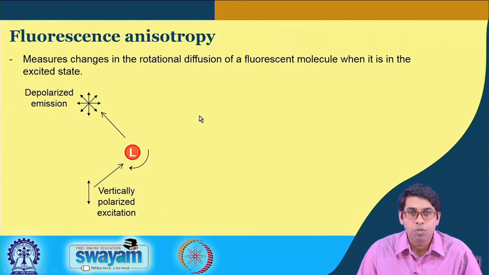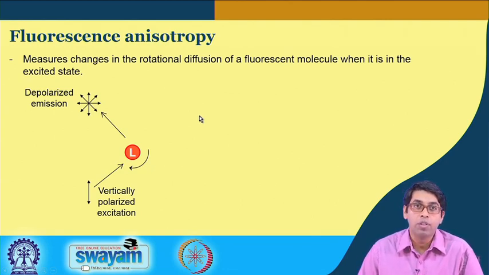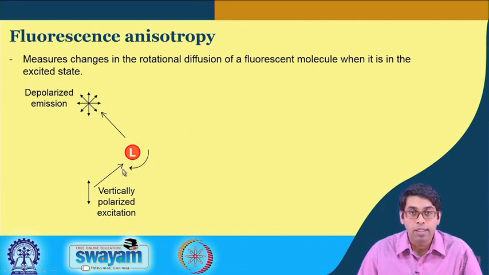So, here is one example which is widely used in case of protein ligand interactions, and it is fluorescence anisotropy. This experiment is used because of its ease of setup, but again you will have to know whether your system can be used in a setup like this. So, the basic principle of fluorescence anisotropy is very simple. In this case, what you do is your ligand has a fluorescent label.